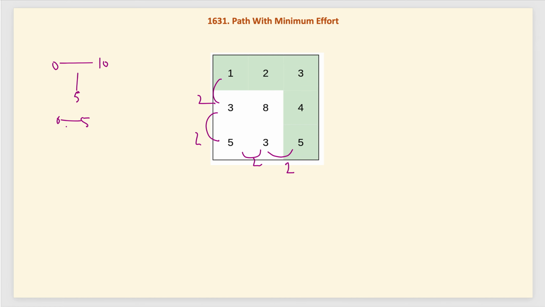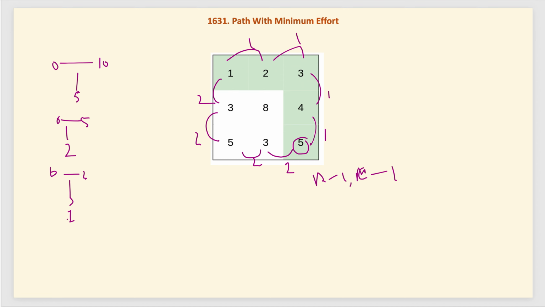Now again the mid of this is 2. Is there a path? Yes, this is the path we already got. Then again we reduce to 0 to 2, then mid is 1 here. Now we look for whether there is any path with effort 1. This path is not, then we check this path: 1, 1, 1 and another 1. Yes, we have the path. The path stops when we reach this cell. This cell index will be, if we have R rows, R minus 1, and C columns, then C minus 1. When we reach this in binary search, we do the following.